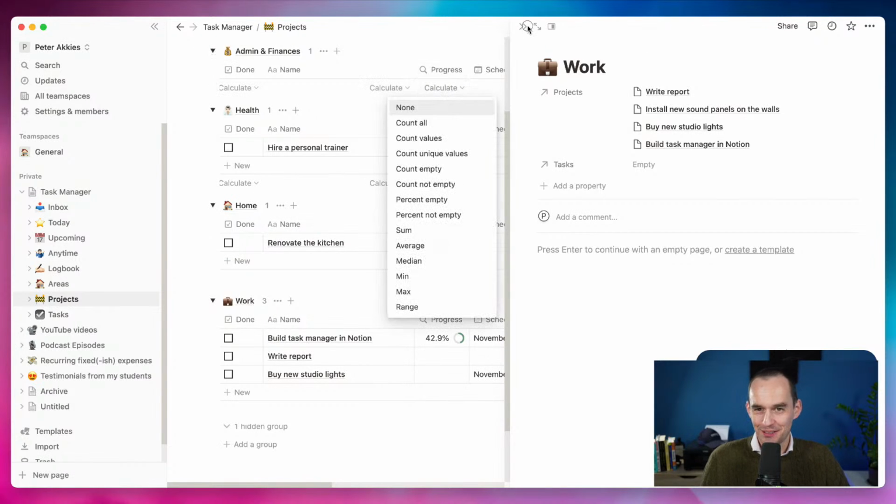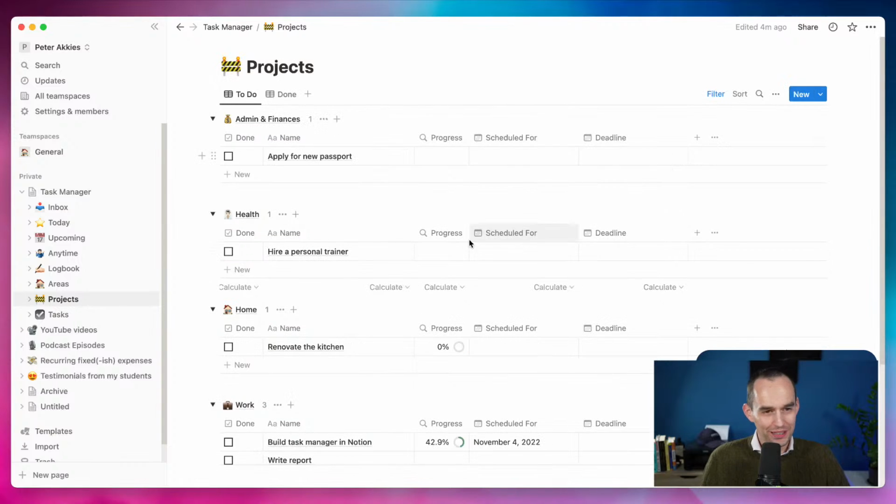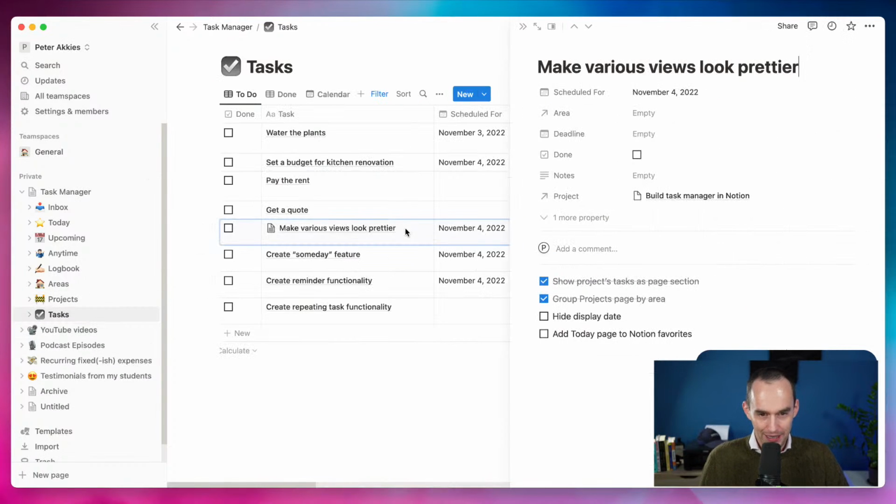A little bit nicer. I am very much a newbie at making Notion look pretty, but I'm also just generally not the world's best designer, so I don't know how far we're going to get with making it look pretty. But there's some progress. Okay. Back in here, and what you'll see, by the way, is that I haven't built any